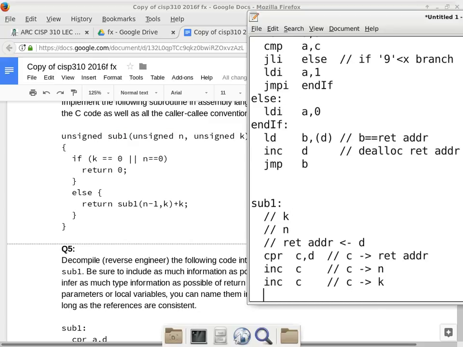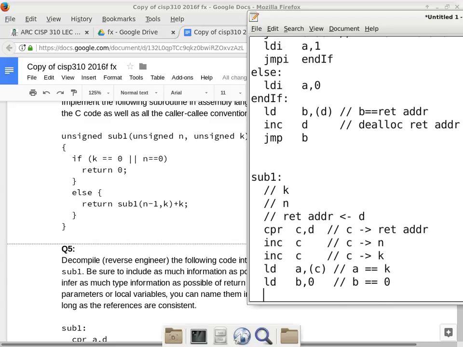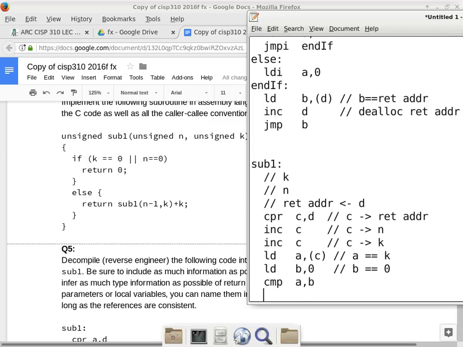Alright, so the next thing we do is do an LD. I don't want to destroy C because it's useful later on. Make B 0. Yeah, we can do an A first, so the A is K. And then B is 0. And this time we're really just checking for equality, so the order of the compare does not really matter. Okay. Unfortunately, we only have JZ. Okay, so JZ is going to go to the then case, right? Because we have a match. Okay, so we confirm that K equals 0 in this case,